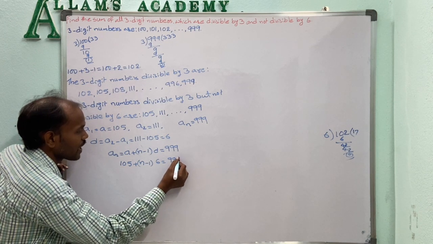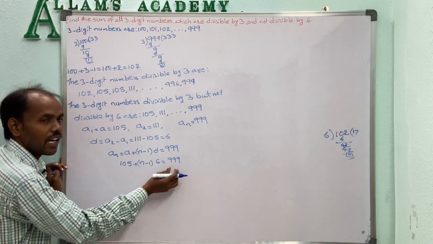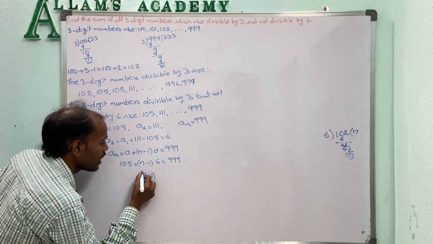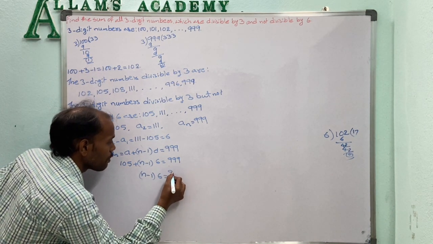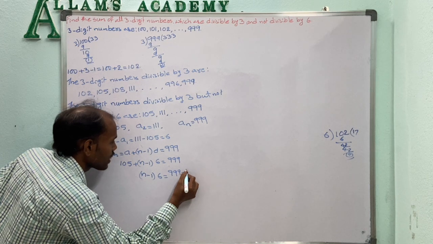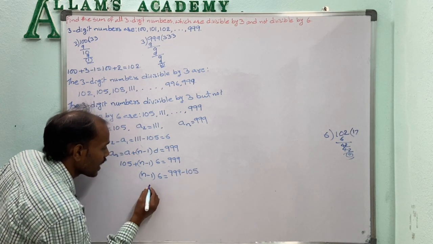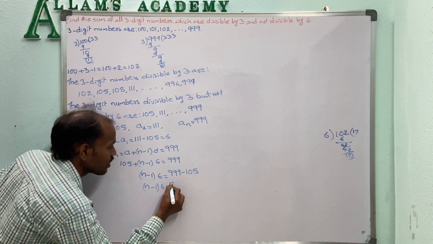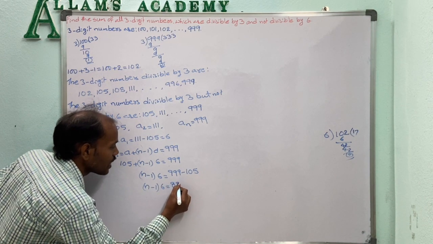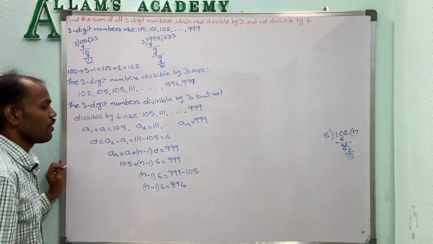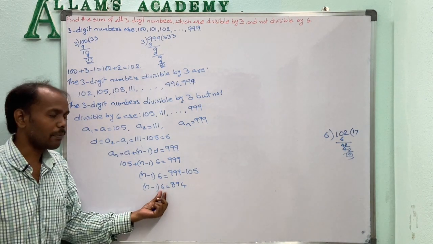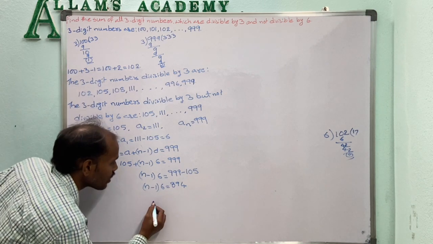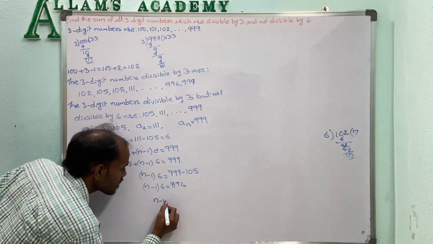That is 999 equals 105 plus (n minus 1) into 6. 105 transfers to the RHS, that is minus 105. 999 minus 105 is equal to 894. So (n minus 1) into 6 is equal to 894. Now this multiplication 6 transfers to the RHS, that is division. So n minus 1 is equal to